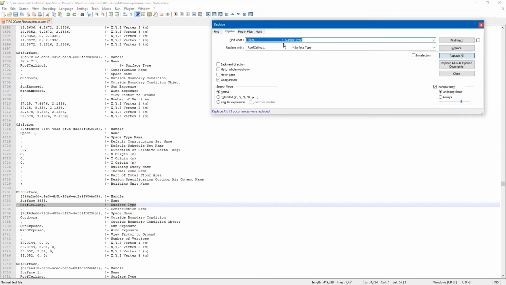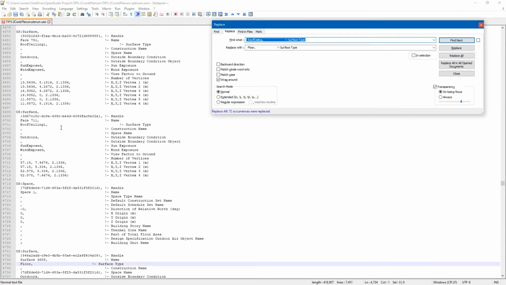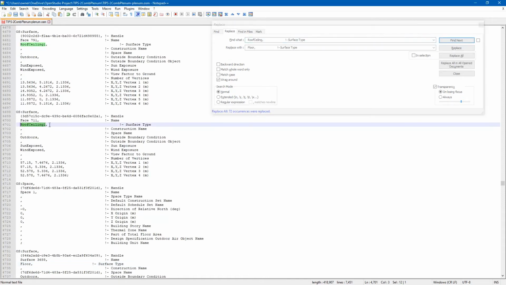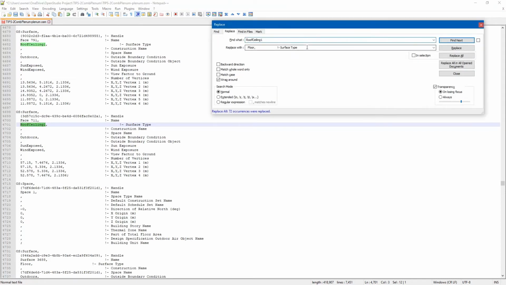and we're going to replace all of these with floor. And do Replace All. And then we're going to go back to our placeholder roof ceiling 1, and we will just replace all of those with roof ceiling.